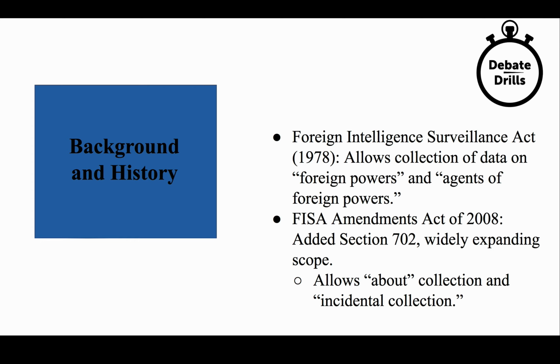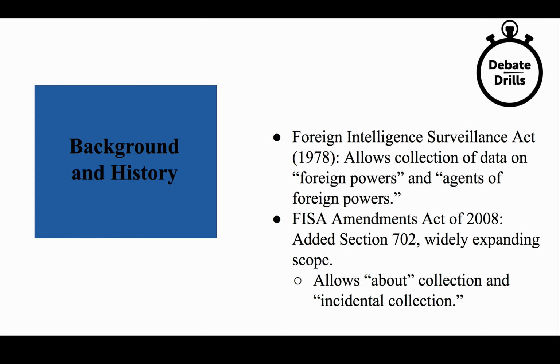The information under FISA that can be legally collected initially would have been the person outside of the United States who is not an American citizen. So in this case, Rebecca. However, Joe, his information is still involved in this. He's a direct intermediary here, which means that under about collection or incidental collection, this information is still liable to be picked up because it was part of the regular intercourse of information that was being spread concerning something that is of interest to American national security.